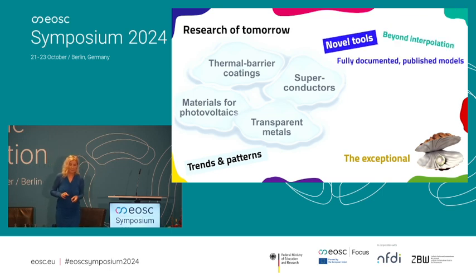One is that we need two tools, and this is where artificial intelligence comes in. But these tools need to be different to what we have nowadays, because typically machine learning does interpolation, right? It doesn't take you out of the box. So we need tools that go beyond this, and have predictive power, such that they can predict also in the material space where we have probably not looked yet.